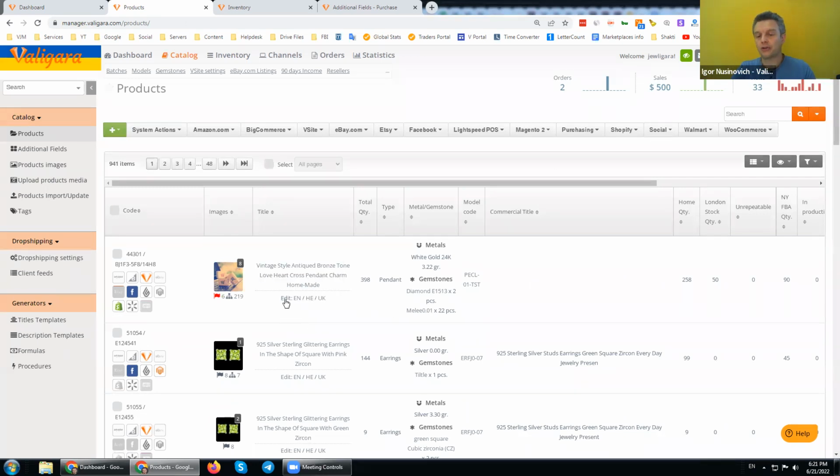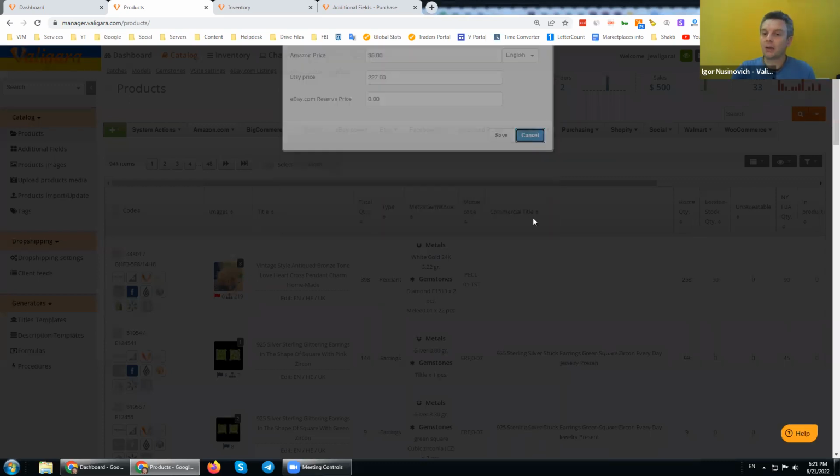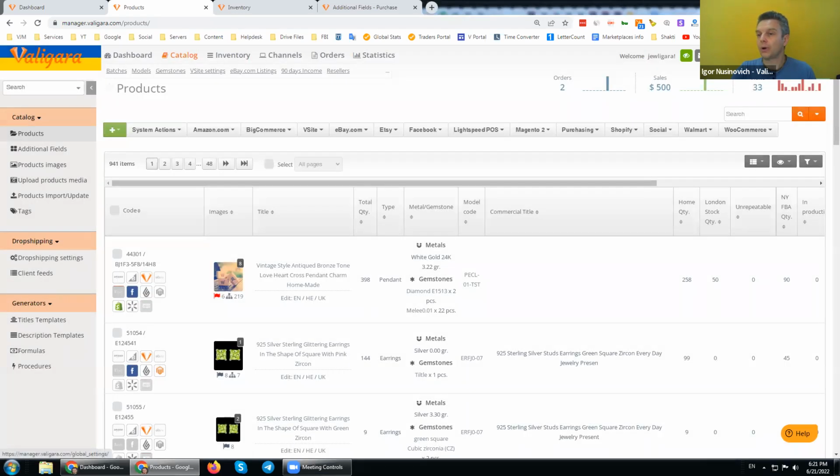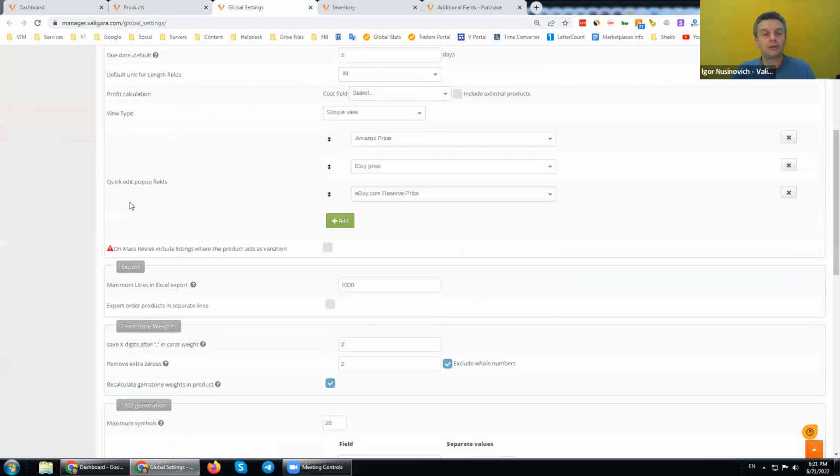To use the quick edit, as you know, Valigara is multilingual. So to use it in the default language, we click on edit, and we see the fields that we have defined to appear inside the quick edit. How do we set up the quick edit? We go into our global settings page, and inside it, we can specifically define the quick edit pop-up fields.